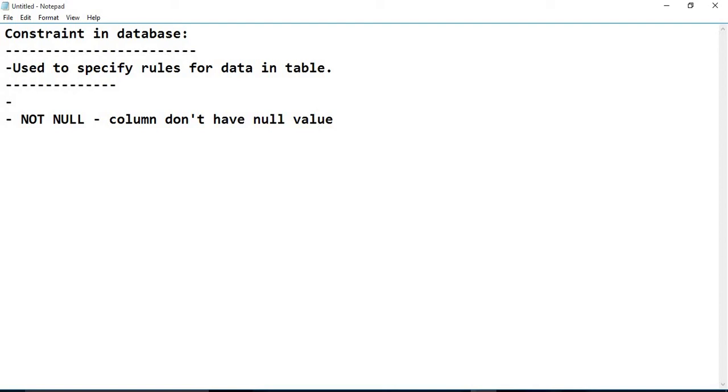Now the next one is UNIQUE. UNIQUE ensures that all values in a column are different.